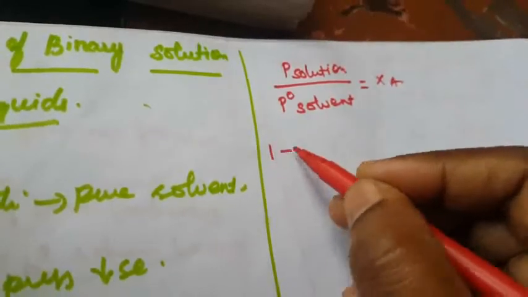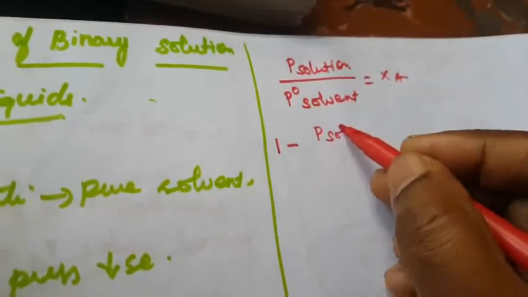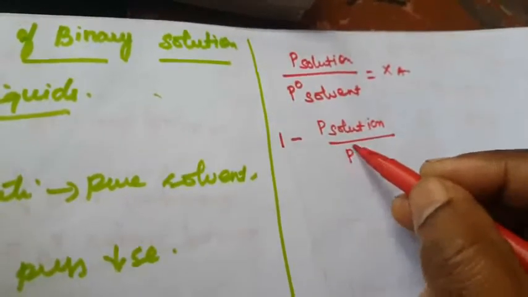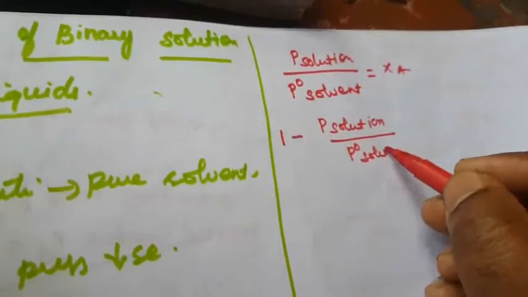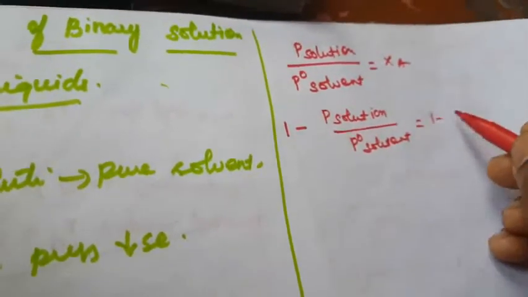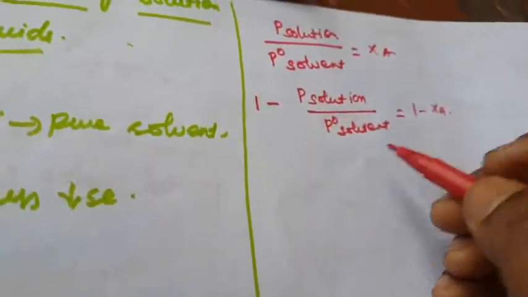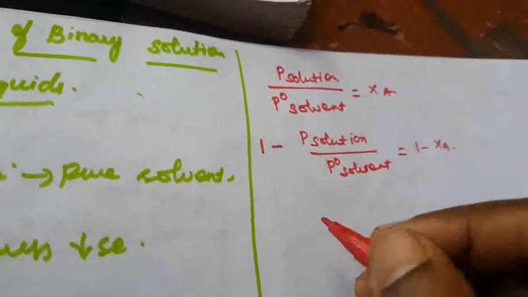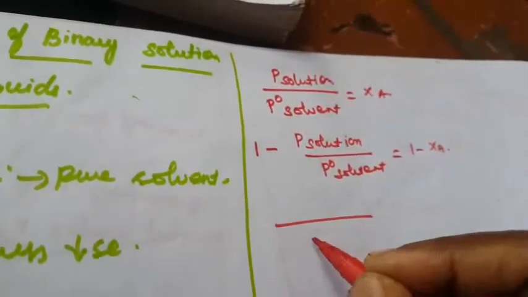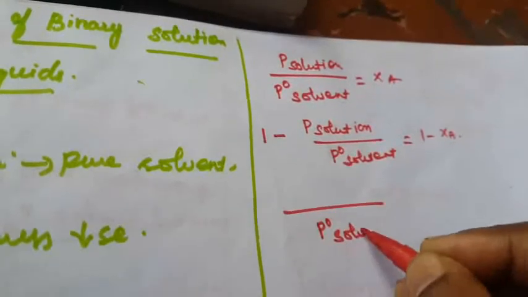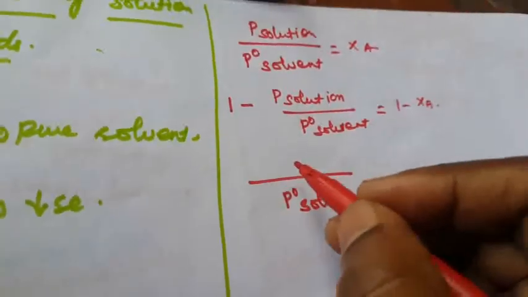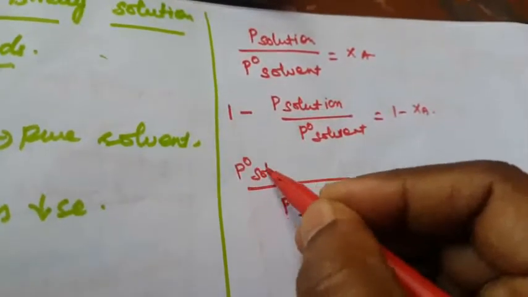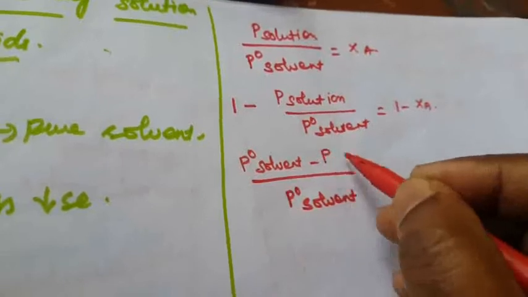So that is 1 minus P solution divided by P0 solvent equal to 1 minus XA. Okay, so subtract this equation from 1. Now here, commonly we are taking P0 solvent, that is P0 solvent minus P solution